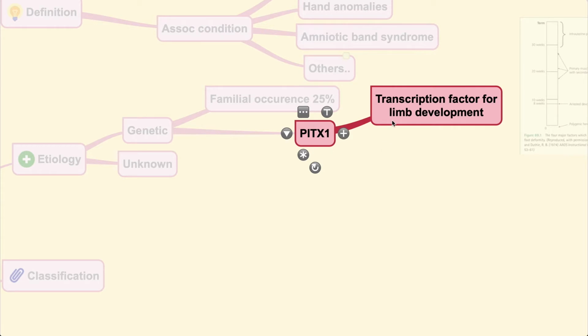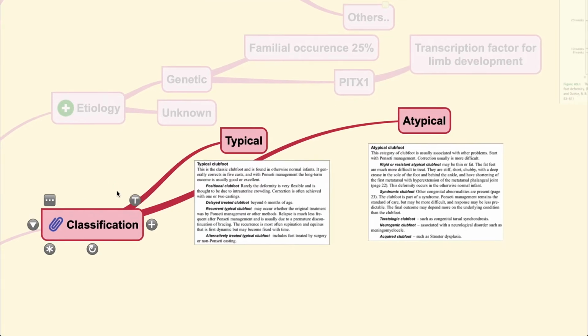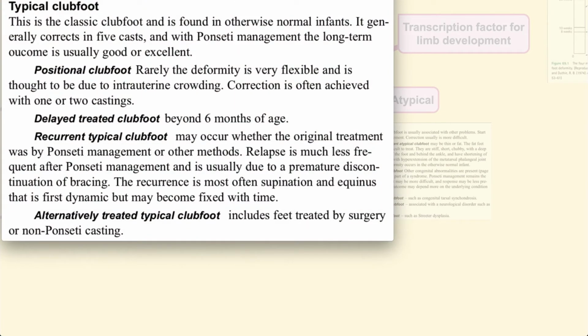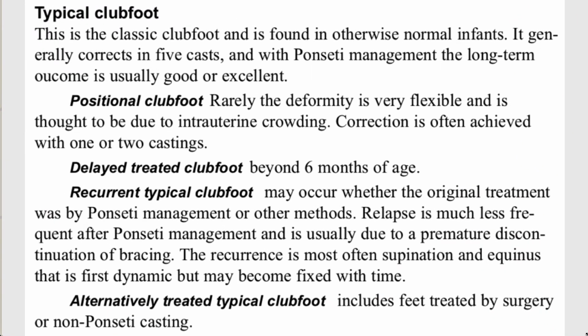PITX1 gene, or the transcription factor for limb development, is most likely connected to the CTEV case. And for the classification of this condition itself, generally you could classify it into a typical or atypical case. In typical clubfoot, the clubfoot usually presents without any connected causes. It could be a positional clubfoot, and rarely the deformity is very flexible and is thought to be an